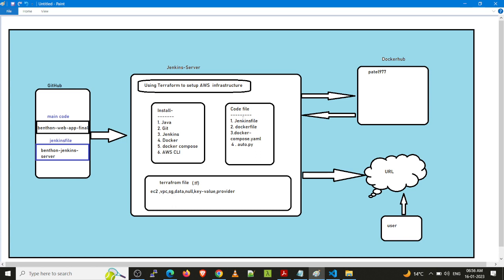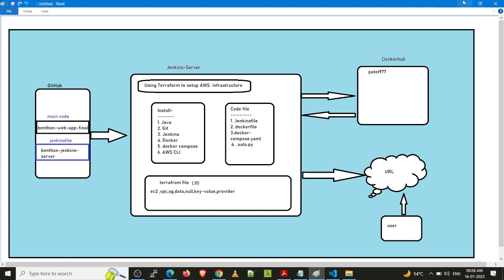Docker Compose is one type of orchestration tool that I'm going to use. In the future I will create another video where this image is used with other AWS services like EKS and other Kubernetes services.